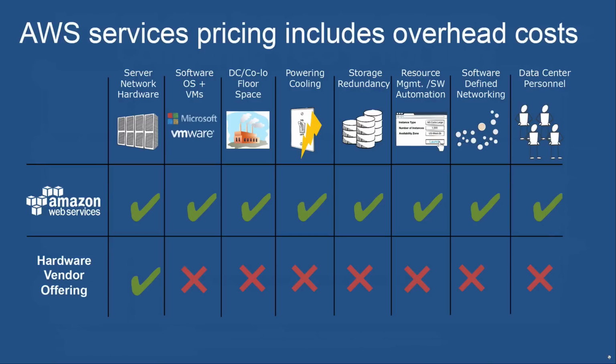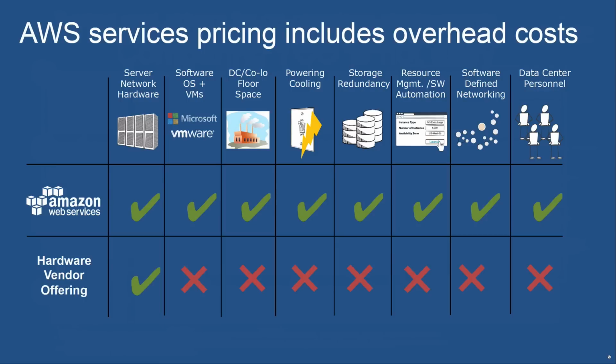we're definitely cheaper. But they'd fail to consider the fact that there are a lot of other components outside of the acquisition cost and maintenance costs of the hardware that you also need to bear in mind. So to build a full delivery platform of the type that AWS operates, you're going to have to consider way more than just the server and network hardware. You've got software, the data centers themselves, powering and cooling the data centers, inefficiency that you might have to deal with, like storage redundancy, for example.